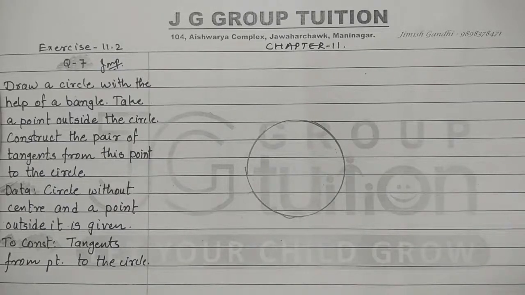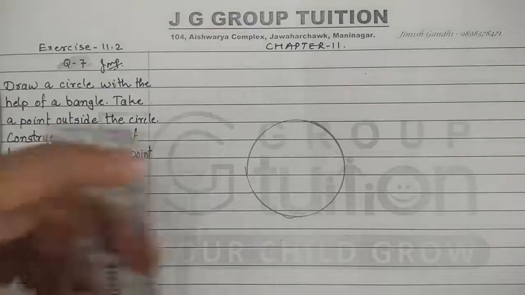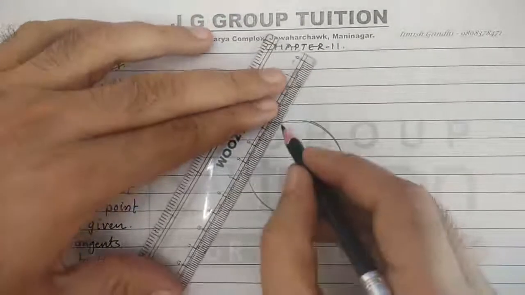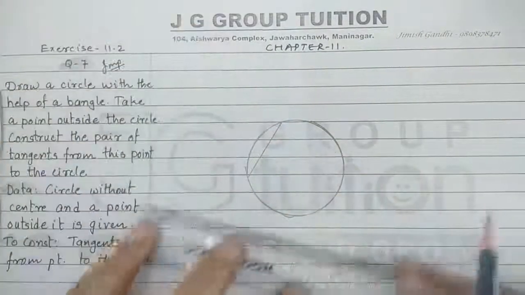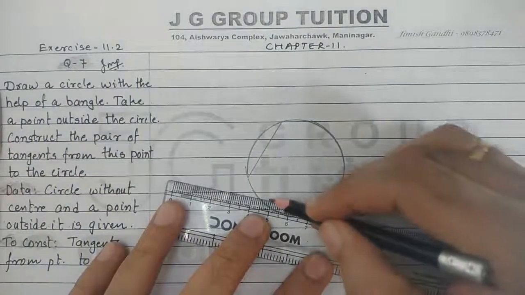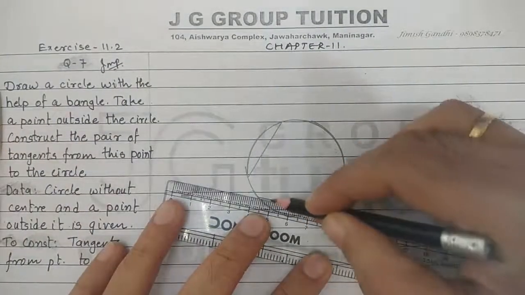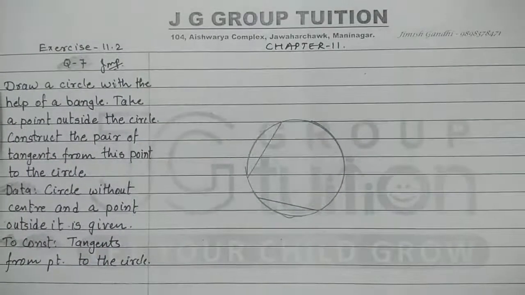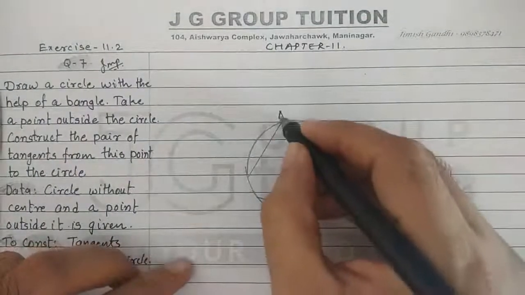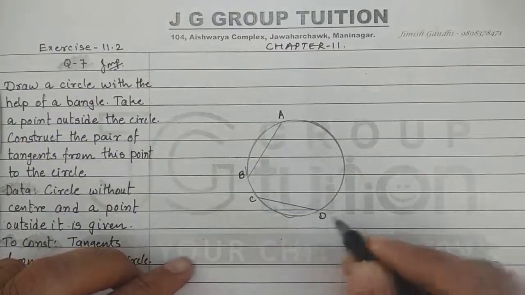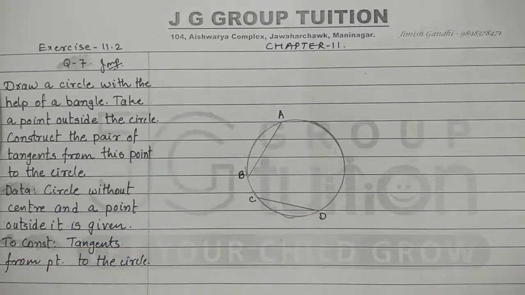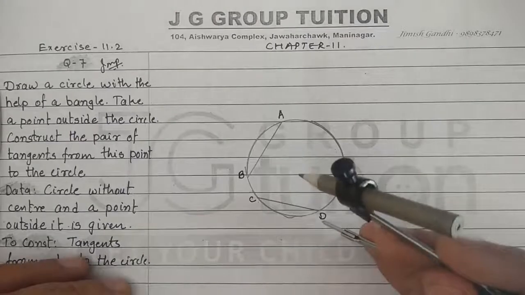To obtain the center of the circle, what will we do first? We will construct two line segments, or we can say chords also. Chord is the correct word. But remember, these two chords should not be parallel. We construct two chords, AB and CD, and you can see they are not parallel to each other. Now we'll construct the perpendicular bisector of these two chords.